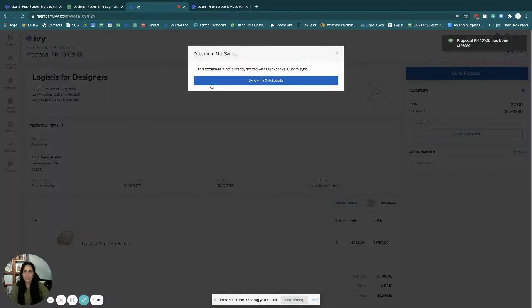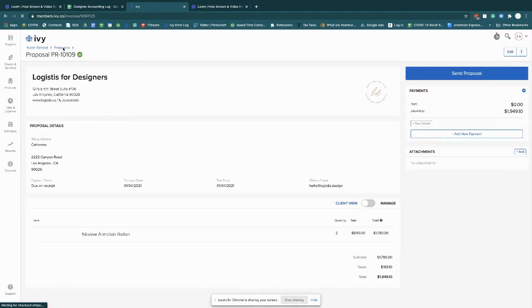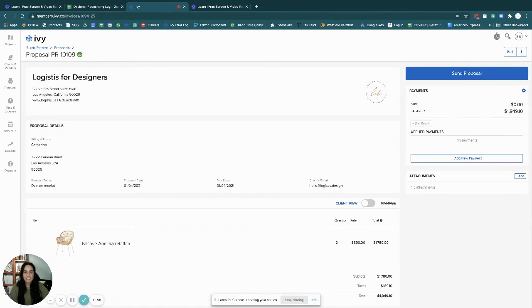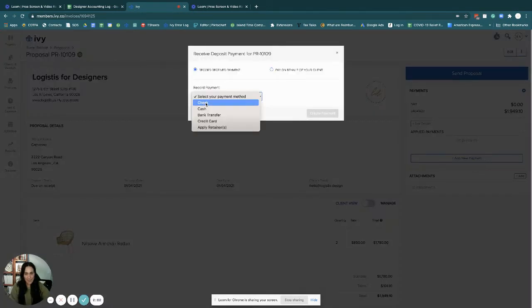If you see a gray button, make sure you sync it over so that it shows up in QuickBooks. You always want to have those green buttons. It will save your bookkeeper a lot of time and it will sync over automatically. I sent this to my client. They mailed me a check. I'm going to record that check,